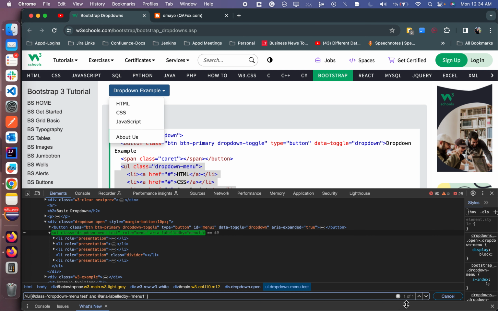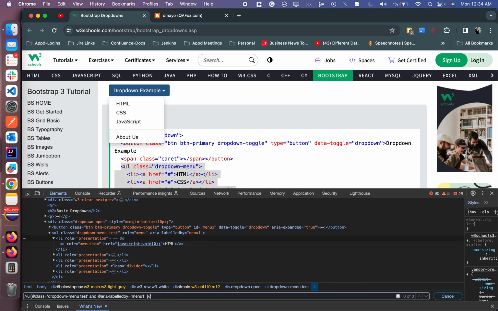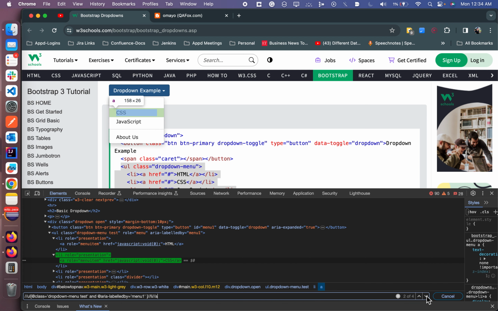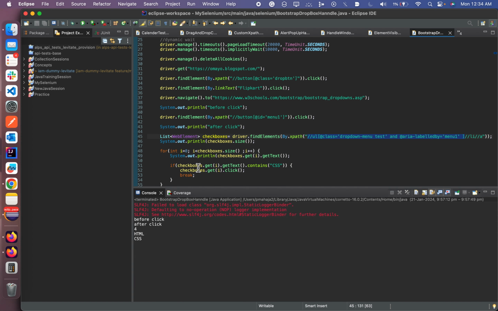After that, if I just show you this, okay, so I have one element, right? Now I want to further go inside this. Under this there's this a tag, under the li. So I go inside the li. Now I have 5 elements. What 5 elements? 1, 2, 3, 4. This line is also coming. I don't want the line. So I go inside this. What's inside this is a. Here I have 4 elements, 1, 2, 3, 4. So what I do is I save this inside the checkboxes,